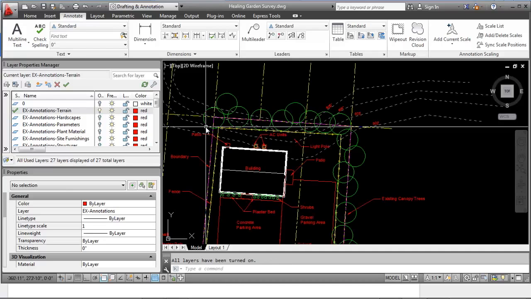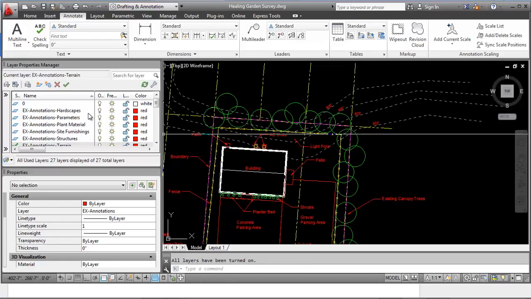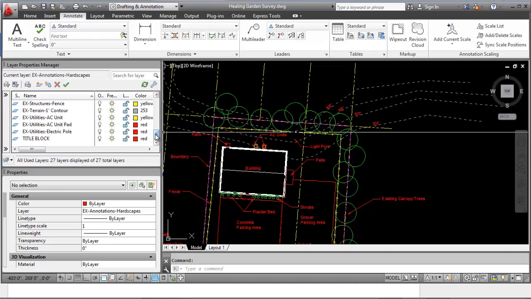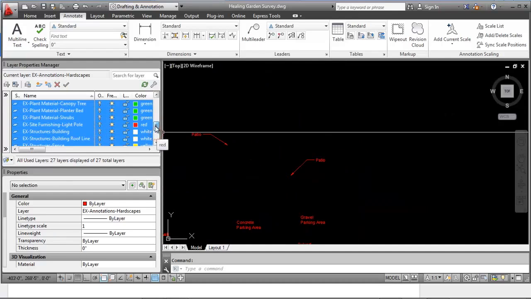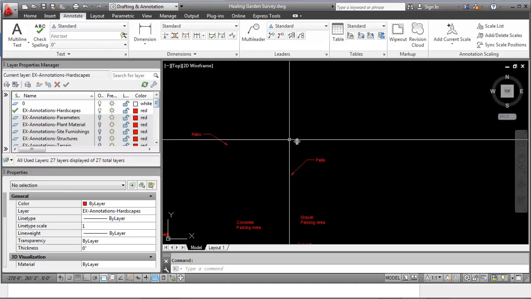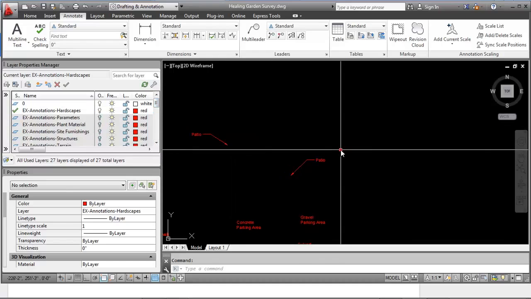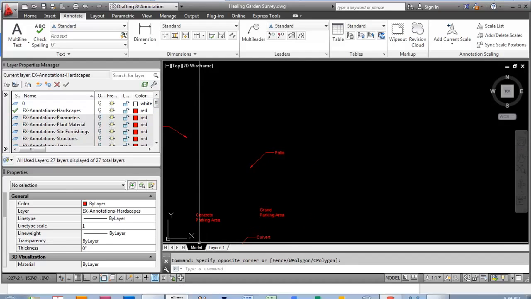So let me do a lay on. Now I want to make sure that I'm on my hardscapes annotated layer, and I want to turn everything off right now but that. So I'm on my next one, my parameters. I'm going to come all the way down, everything but the title block, just turn it off for now. And click back to your